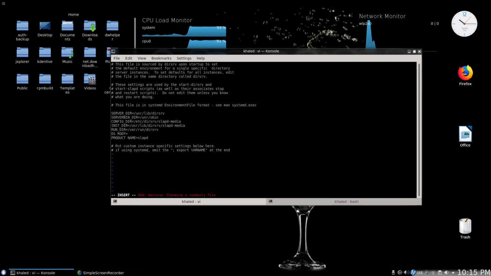Then you need to edit this line, KRB5_KTNAME equal /etc/dirsrv and the keytab file, which is ds.keytab. Okay,